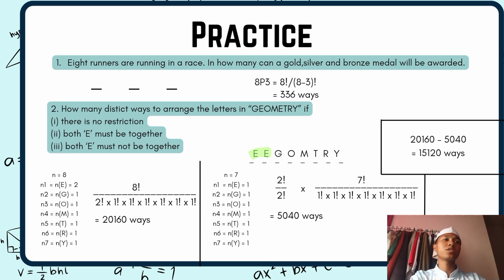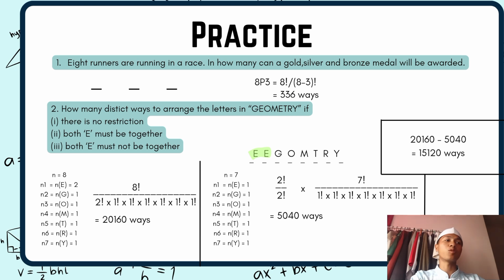8 runners are competing in a race, and we need to find out how many ways the gold, silver and bronze medals can be awarded. This is a permutation problem since the order matters, so we just use the formula and substitute the values of n and r, and we got 336 different ways to assign the medals. Next,